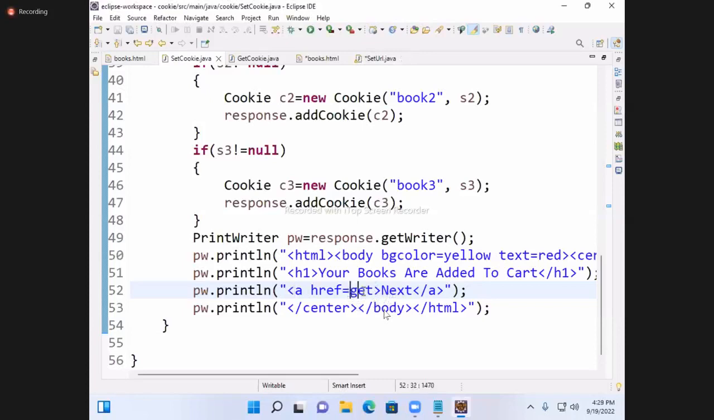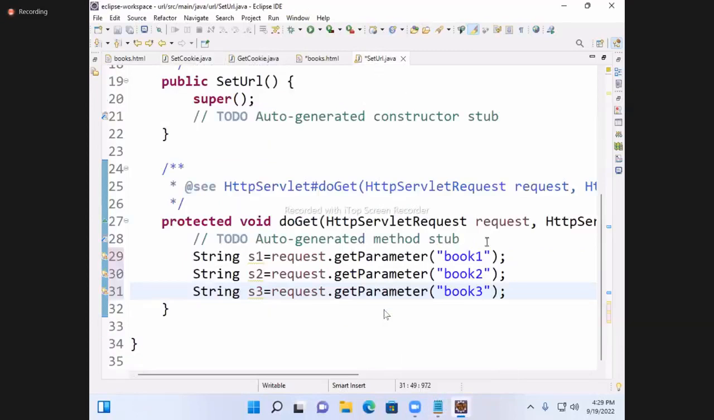This is called URL. With this URL, we have to append. URL rewriting is nothing but with this URL, you have to append. That's what in this program. This data we have to append to URL. URL is nothing but get. These all you have to append to URL. How to append? See,